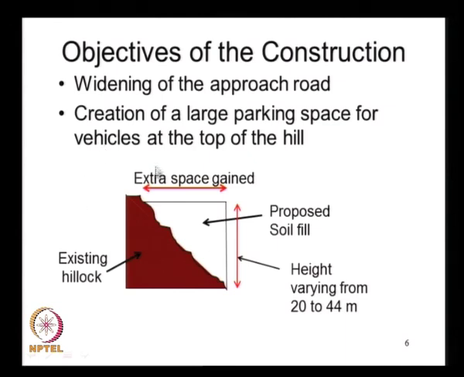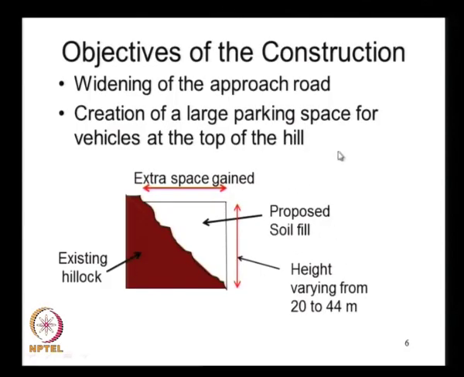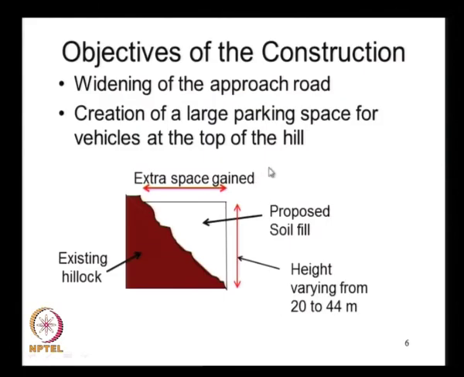So let me highlight the purpose of this construction. The purpose of this construction was twofold, that is widening of the approach road, as I have shown earlier. The purpose of constructing one of the walls is to widen this road, and another wall is to create a large parking area at the top of the hill, so that people can park their vehicles. And the schematic is shown here. Let us imagine that this is the hillock that we have, and then we want to create some extra space at the top, either for widening the road or for creating the parking space,